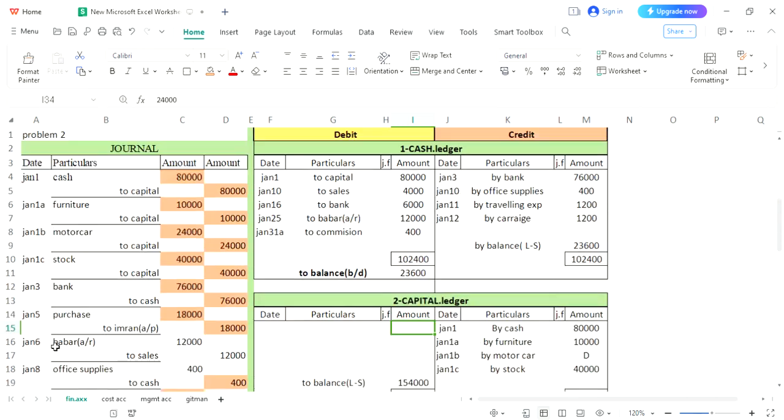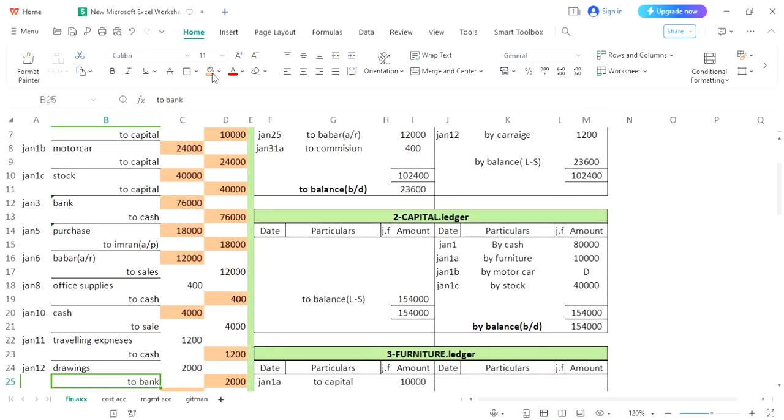Go back and see 12,000. So Babar was posted 12,000. It is completed, so mark it as done. 12,000 completed. So the ledger is still incomplete. We will see if Babar is present anywhere else. Look for Babar,